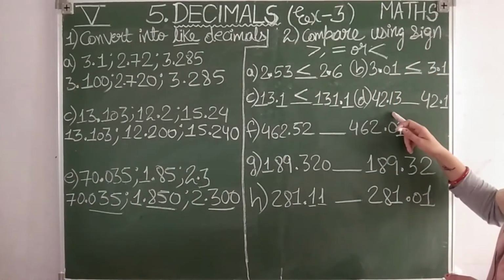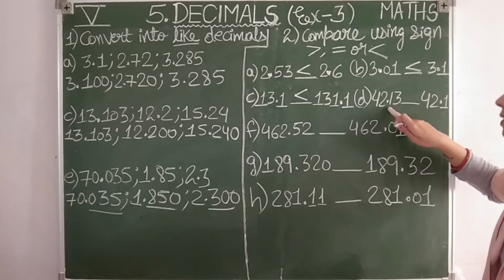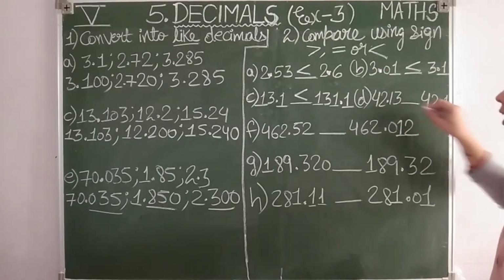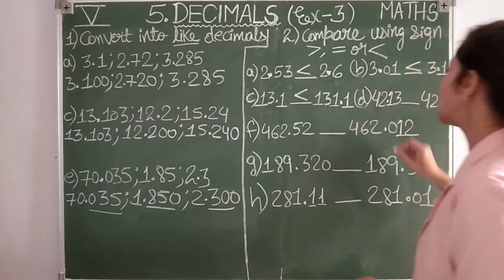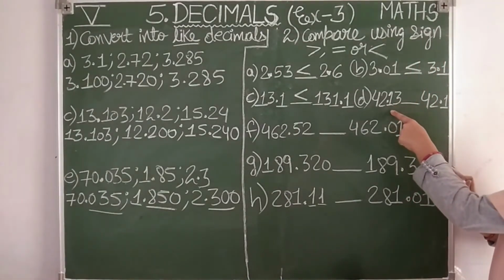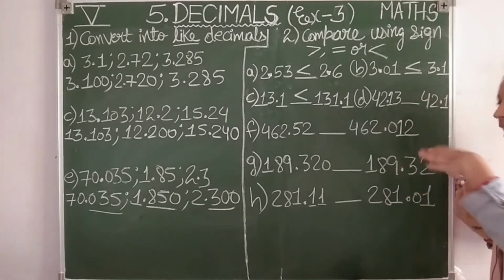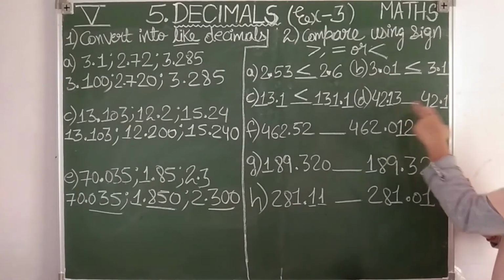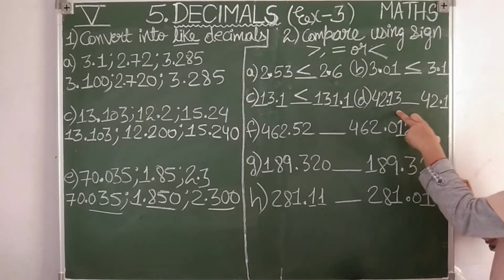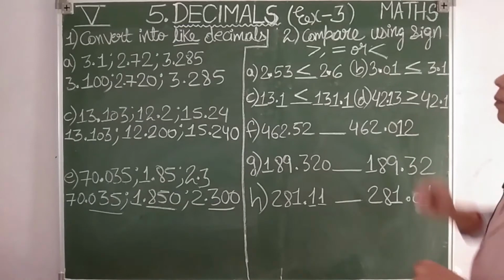Okay, then point number D, 42, 42. Whole numbers are the same, students. Then we will see the tenths place. Here in the tenths place it is 1. Here it is 1. Here you can see in the tenths place both the digits are the same. So can you decide which one is greater? Here the tenths place is 1. Here again the tenths place is 1. So in such a condition you will move to the next place. Next place, here it is written 3 and here nothing is written, meaning 0. Here in the hundredths place it is 3. Here in the hundredths place it is 0. So which one will be greater? Obviously this one will be greater.